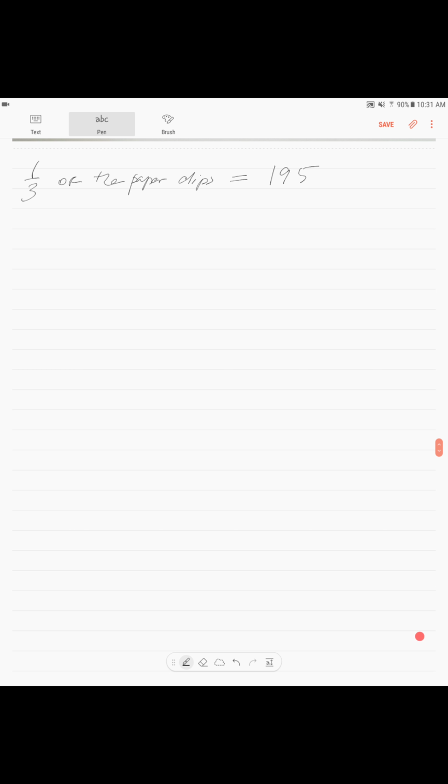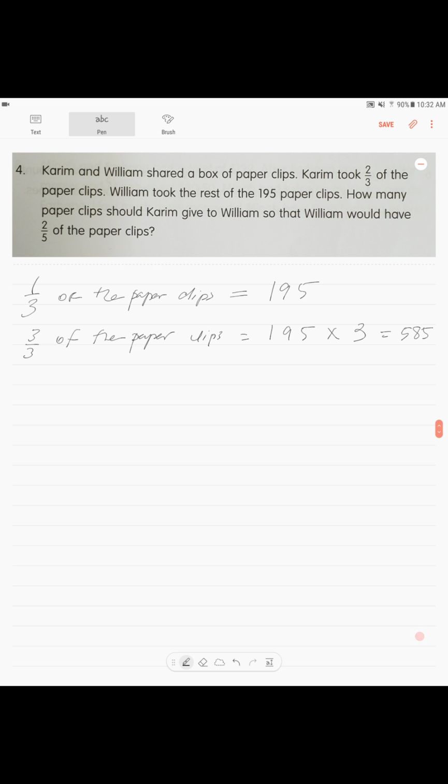3/3 of the paper clips, total amount of the paper clips. 195 times 3. Alright? The answer is 585. Now they're asking us how many paper clips should Karim give to William so that William would have 2/5